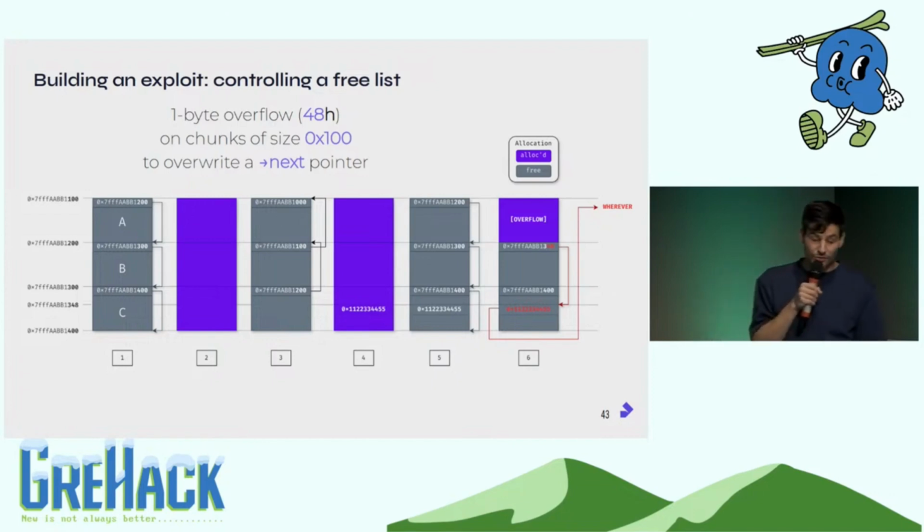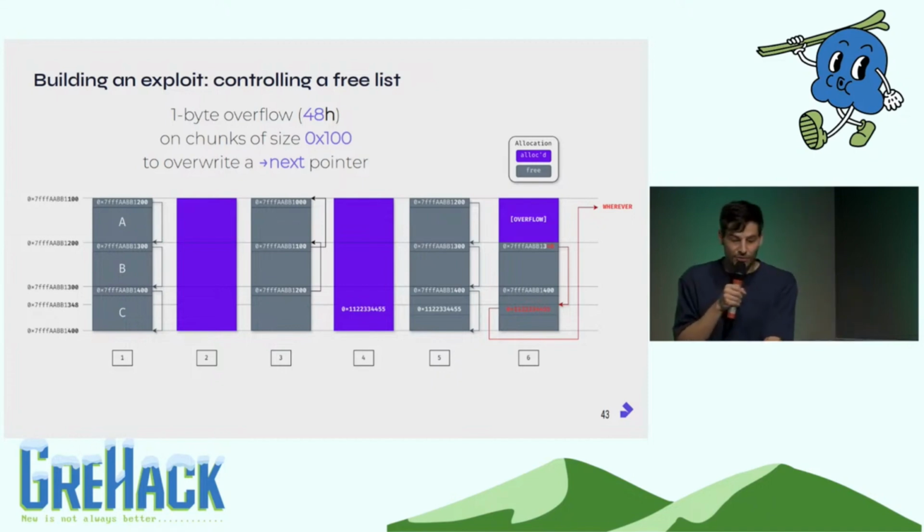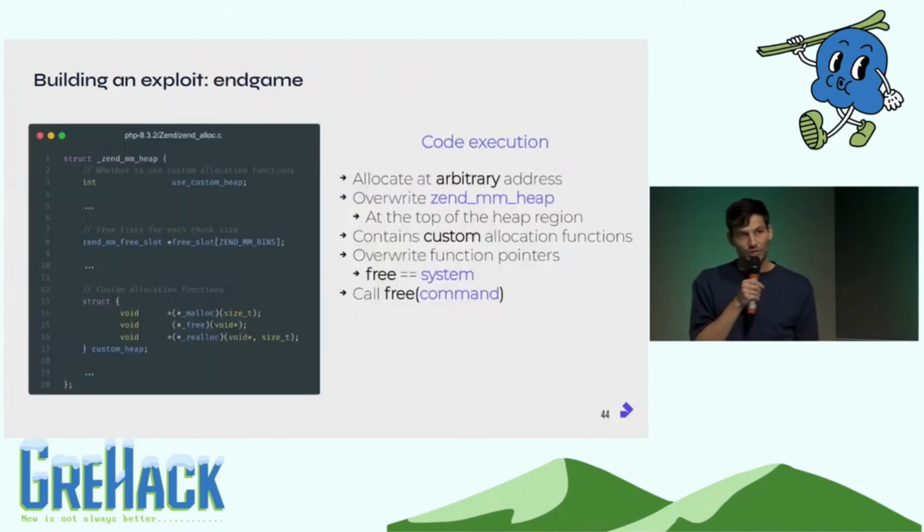So now B was pointing to C, it's now pointing to C plus 48, which means that it points exactly where we've put our arbitrary pointer, and we can then allocate 3 more chunks. We allocate B, C plus 48, and then we allocate at an arbitrary address. So yeah, we're getting really close to exploitation now, but the only thing that we need to worry about is